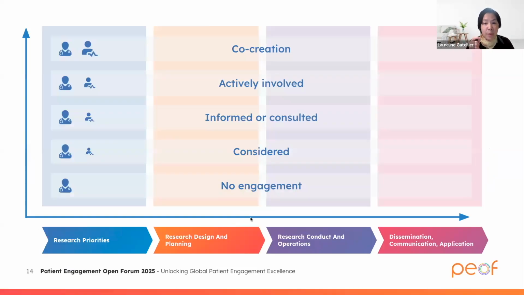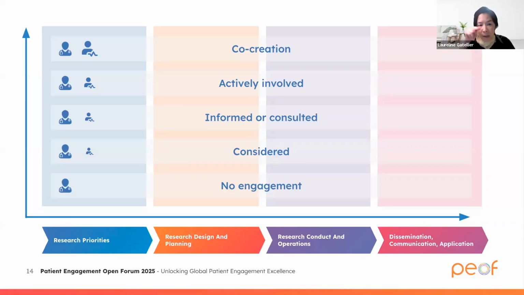That was also extracted from an available manuscript from mainly Marie-Pascale Paumet. So here you see, it's kind of visual. You see the 4 steps at the bottom, research priority, etc. And you see now the levels of engagement. So no engagement. So the PI, the principal investigator, didn't engage the patient representative. Remember that the patient representative is not the patient, it is a patient that can understand what a research is, what a protocol is, and that kind of thing.